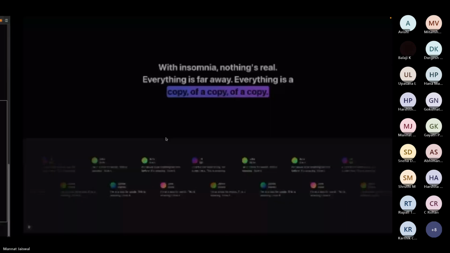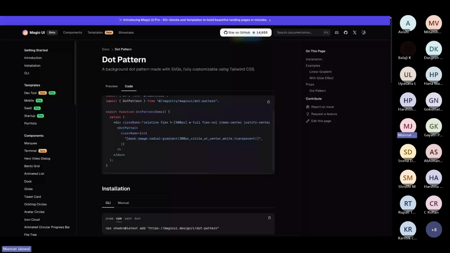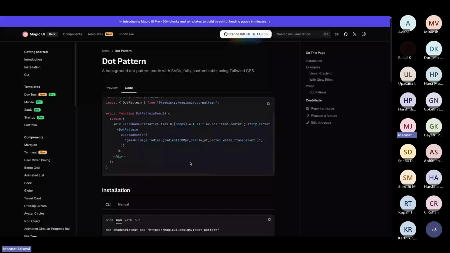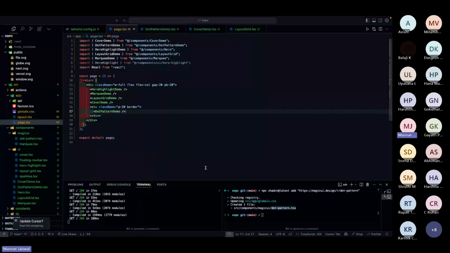Cool. I can also add some other components from here. Is it possible to use these UI components with JSX? Yes, it is possible. But the problem is that... just give me a second, guys. Yeah, okay. So even if you have a JSX project, you might need to change some properties inside your TSX